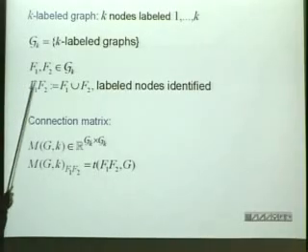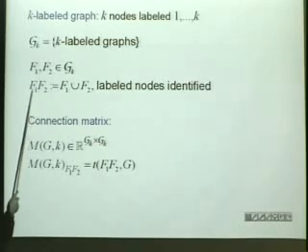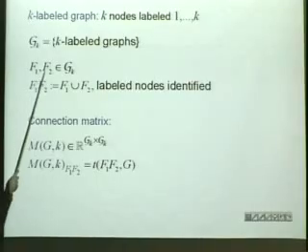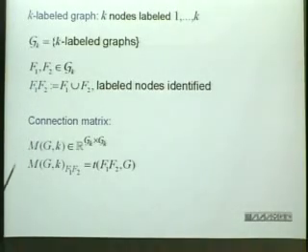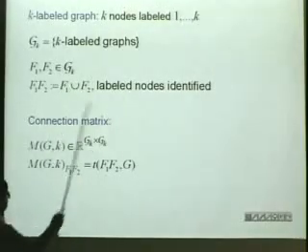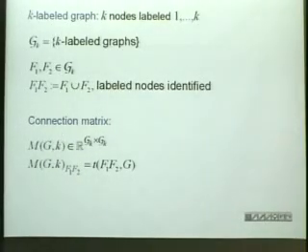Now, I need an operation which I will denote simply by multiplying them. If f1 and f2 are two such k-labeled graphs, then I take the union, but not the disjoint union: the labeled nodes I identify. So I glue them together along a set of size k. Now comes this object that I would really use a lot,